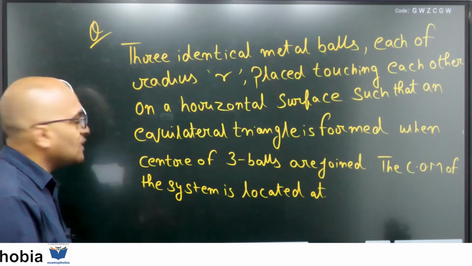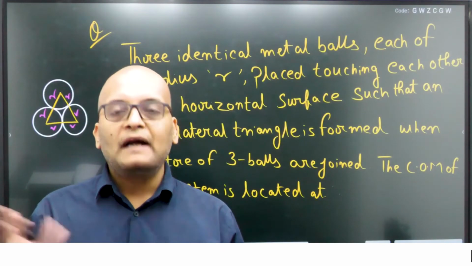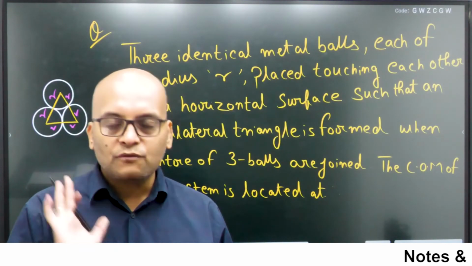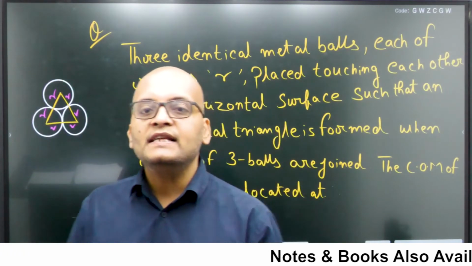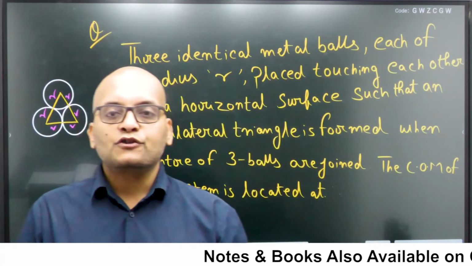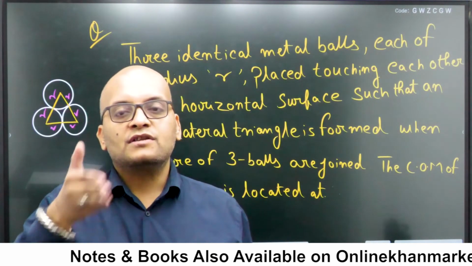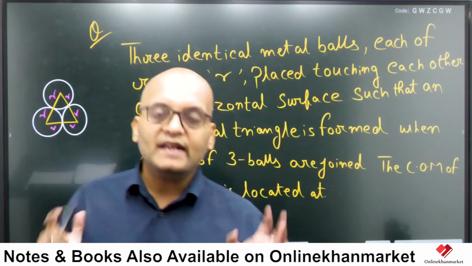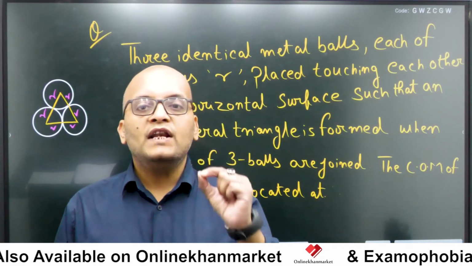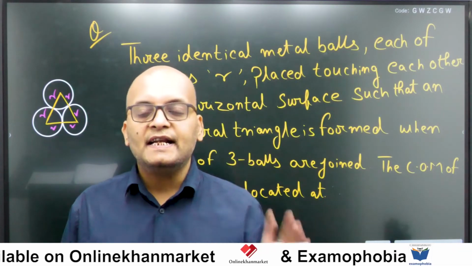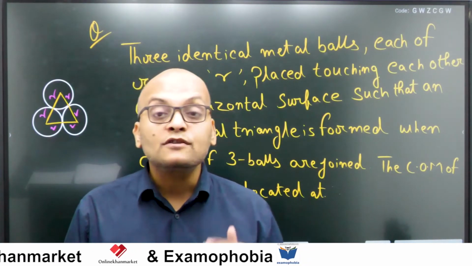Now see, this is a very easy question and totally conceptual. By now you can easily tell. First of all, look here. We are going to apply the concept of symmetry that I told you in the last lecture, and today we applied it in the last question. Forget about two, first let's talk about one only. Whenever any object is symmetrical, its center of mass will lie along its geometrical center. If an object is symmetrical, its center of mass will lie along its geometrical center.